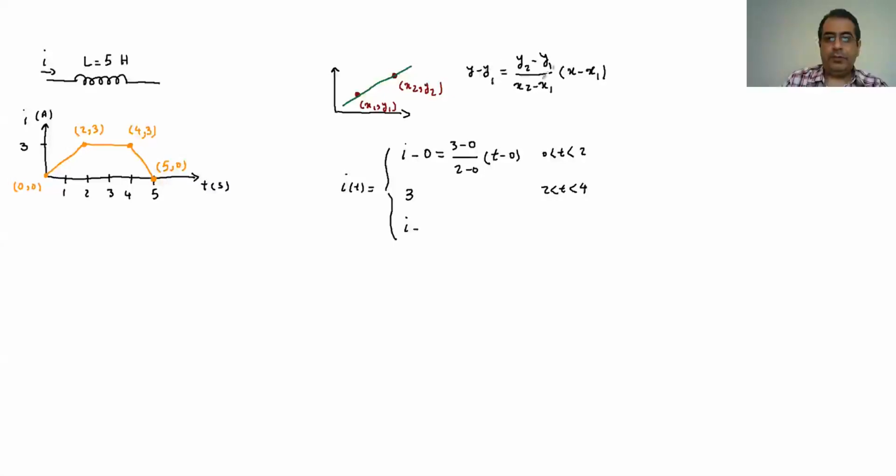So y minus y1, x minus x1. So did we make a mistake here? No, I think that's right. So again, I minus I1, which is going to be 3, is I2 minus I1, which is 0 minus 3, over T2 minus T1, which is 5 minus 4. And then we have the T minus T1, which is T minus 4. So we have it for 4 and 5 seconds. So these are the equations we have